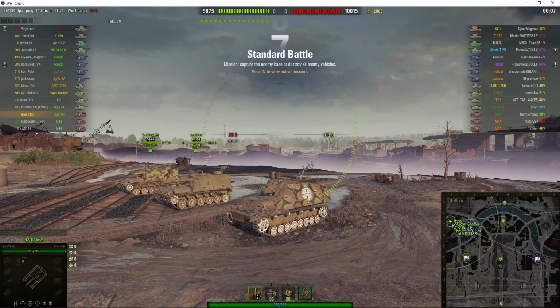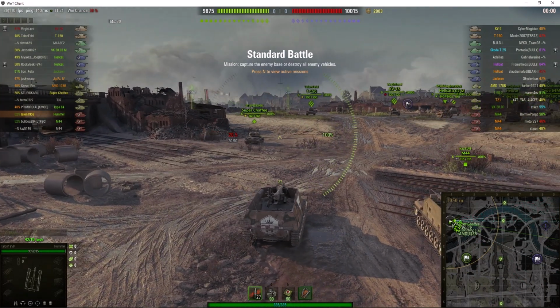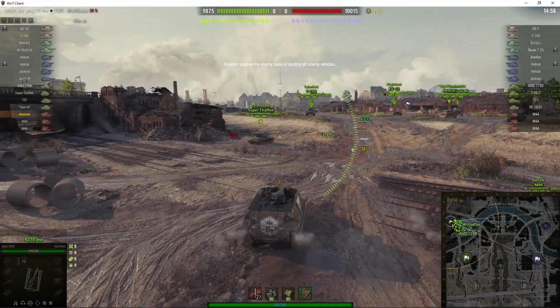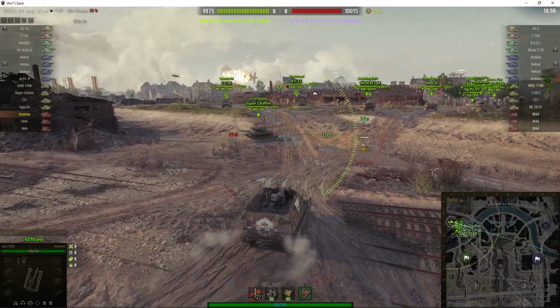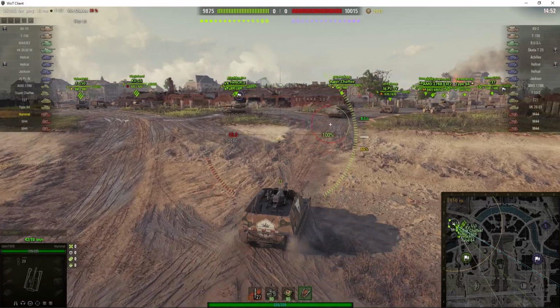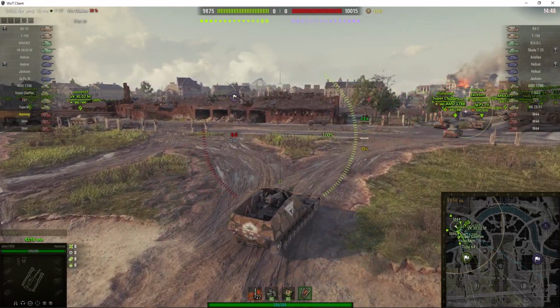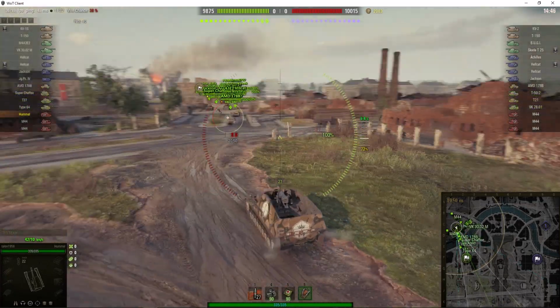In the second battle, we've got Talon on the Westbourne of Berlin. Okay, game on. Now he's still in the same Hummel with the stock gun, which I thoroughly recommend, because even with the limitations